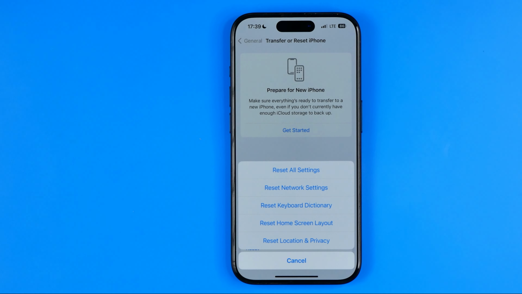Yes, guys, the only way to reset camera settings to their defaults is to reset all the settings on your device. Once we tap on it, we'll be asked to enter our device's passcode, and then once you continue, it will reset all the settings to their defaults, including your Apple Pay cards, your privacy and location settings, and network settings such as your Wi-Fi passwords, but it won't remove any of your personal media and data, and all the settings that are reset to their defaults can be